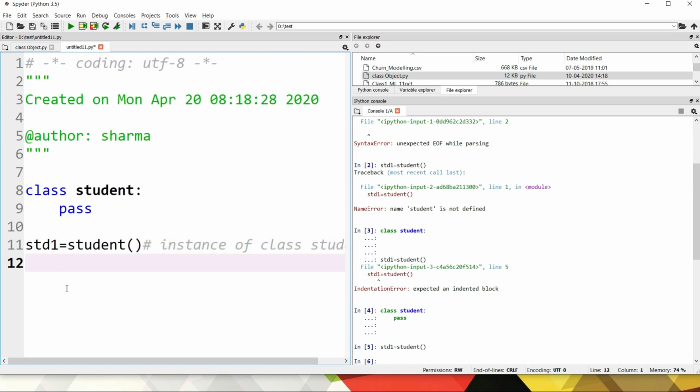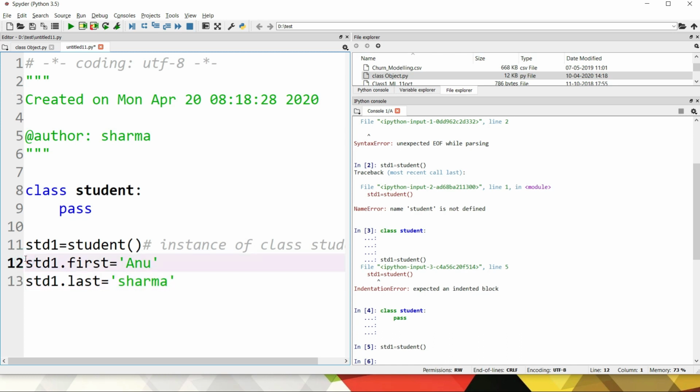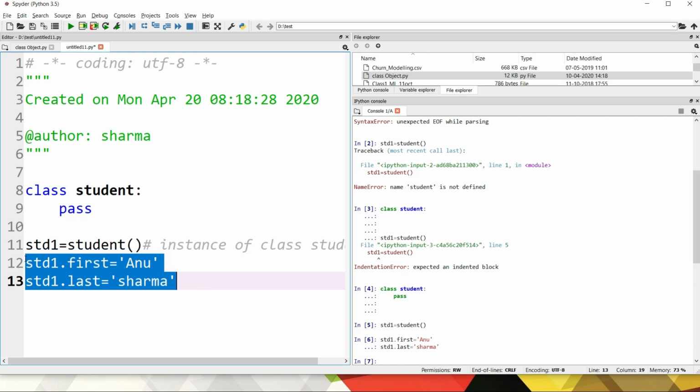Right, now if I want to see the first name and last name, let's see, std1 dot first, for example, and the student name was Anu. std1 dot last name was Sharma, and let's just see. And now I'm trying to run that. Now what are these?